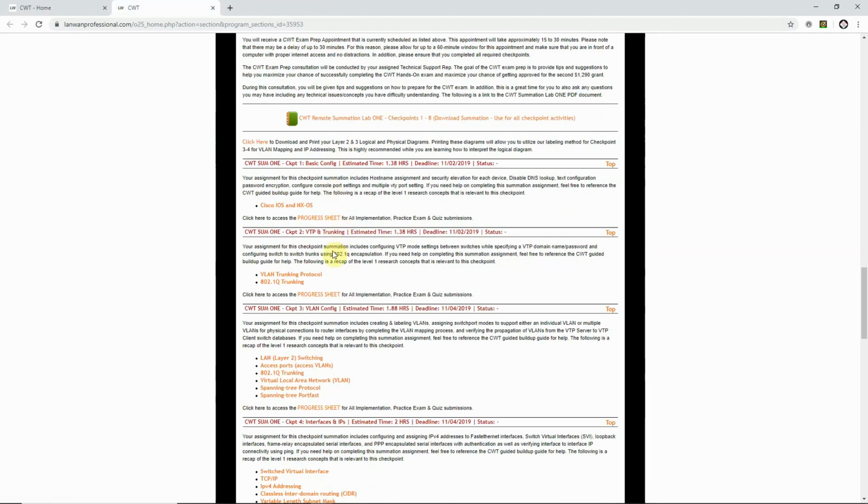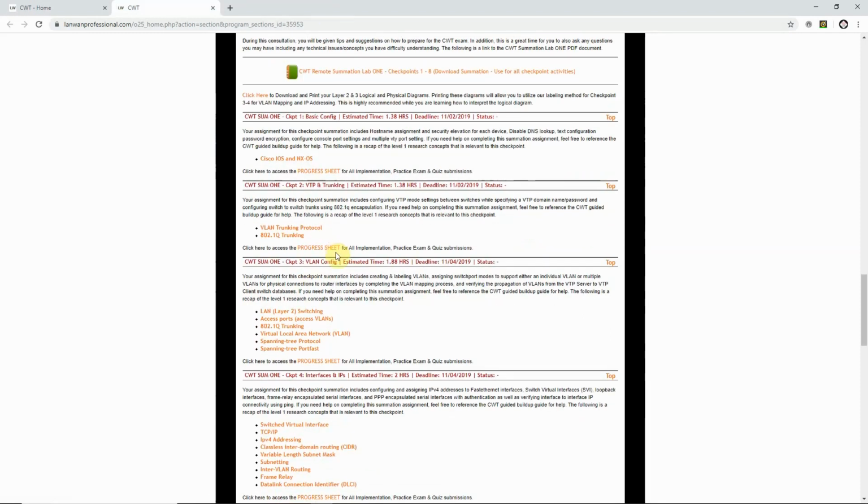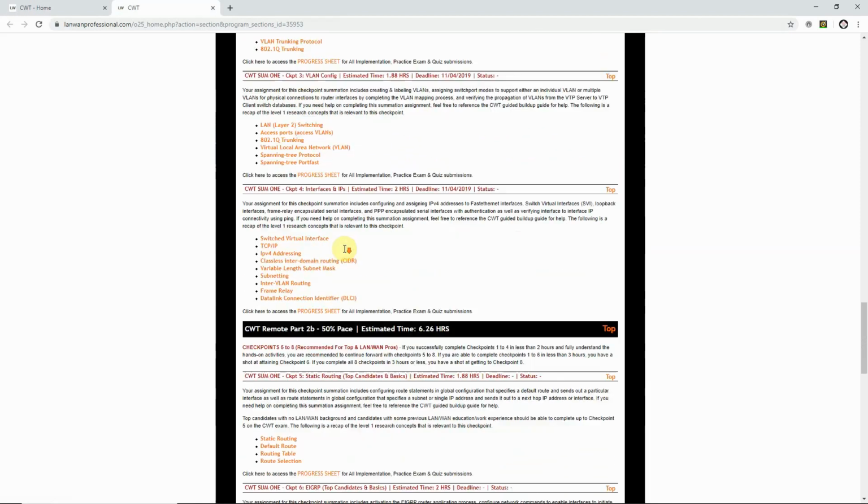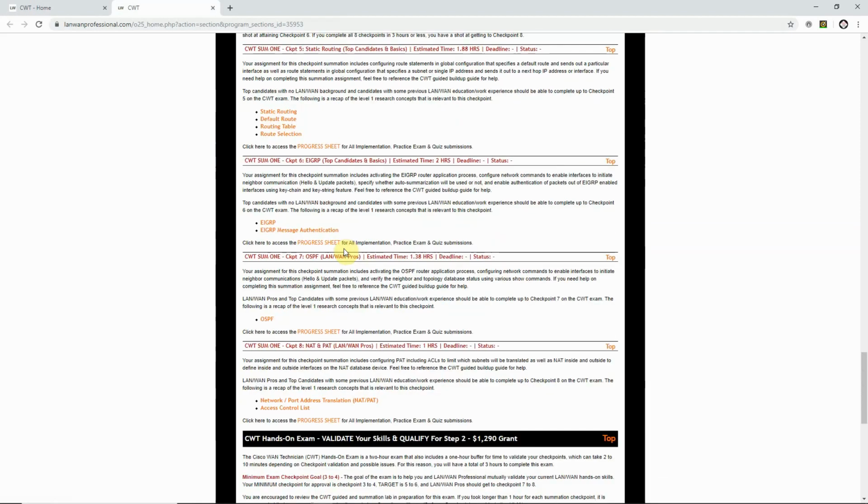However, please keep in mind that the goal is to complete the hands-on activities with a focus on how to implement and how to verify. After you complete the requirements for a CWT Summation Lab 1 checkpoint assignment, ensure to verify your work to ensure accuracy, and then submit to your My Progress sheet for the respective assignment. For more details regarding how to submit your work, please review the video titled My Progress Sheet Overview and Submission Instructions, and the video titled How to Copy Output from Web Terminals on the Training FAQ page, and other related